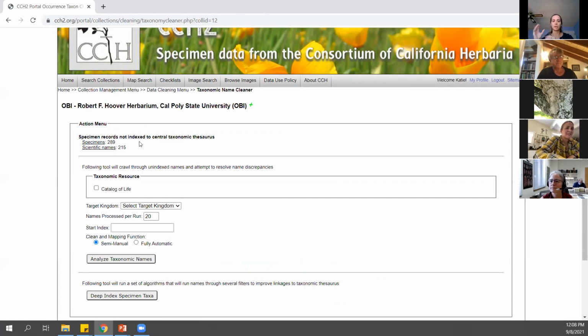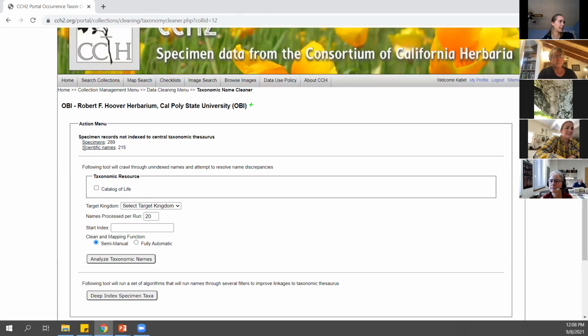And then for scientific names that are not accepted by this taxonomic thesaurus, they're linked to their synonyms or to their accepted taxon. So this is telling me that there are 289 specimens that have names that are not